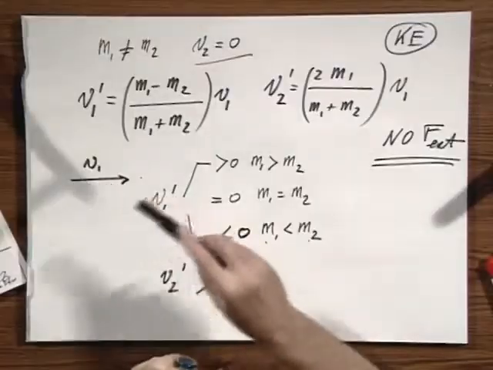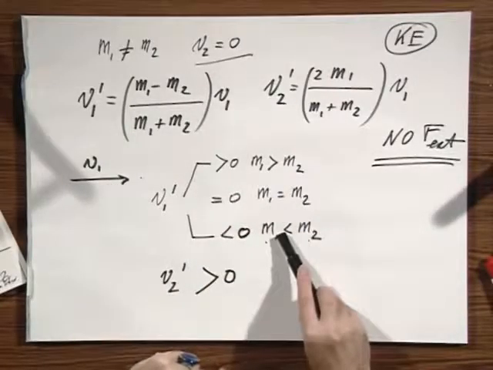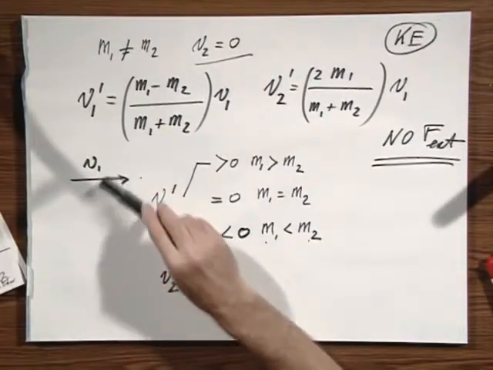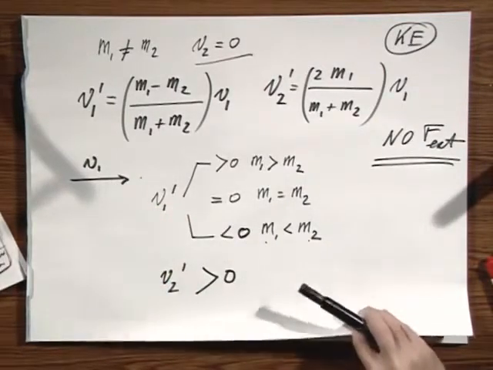It would be absurd if I hit this object that it would go back. That would be absurd. So it's completely consistent with what we find here. V1 prime, you have three possibilities, but V2 prime always goes into the direction of V1, and that is exactly